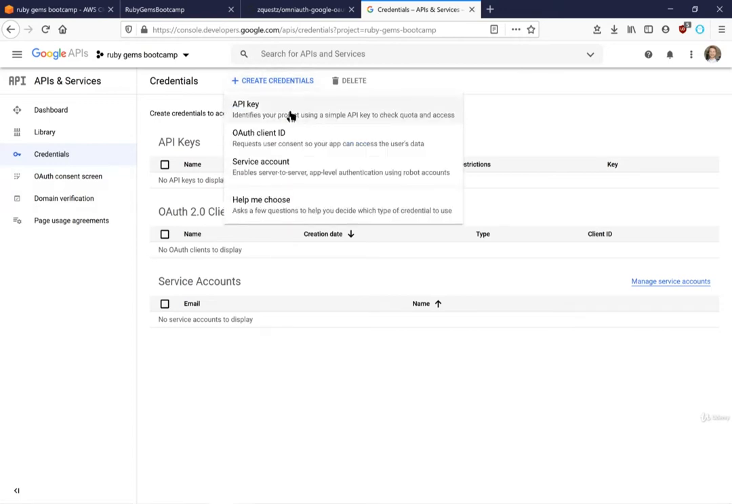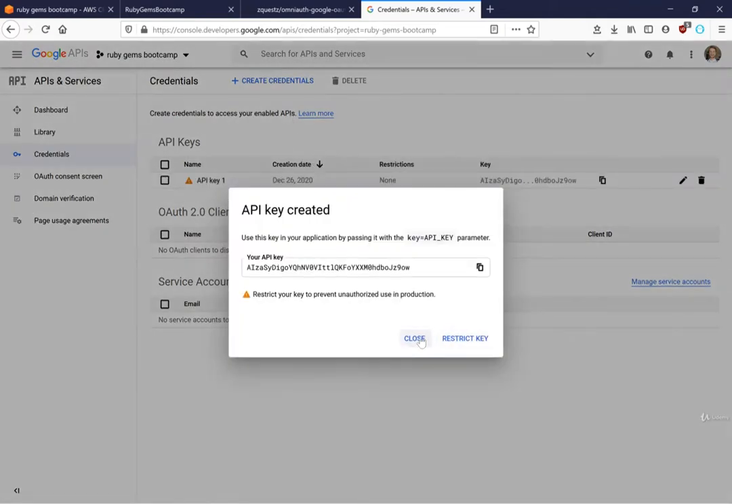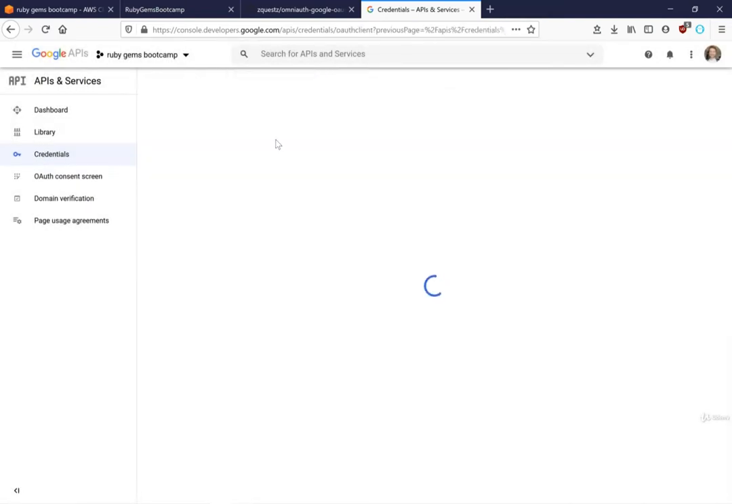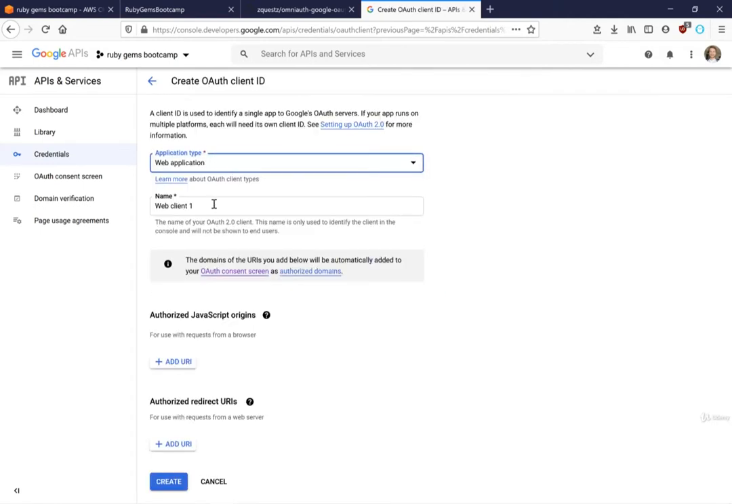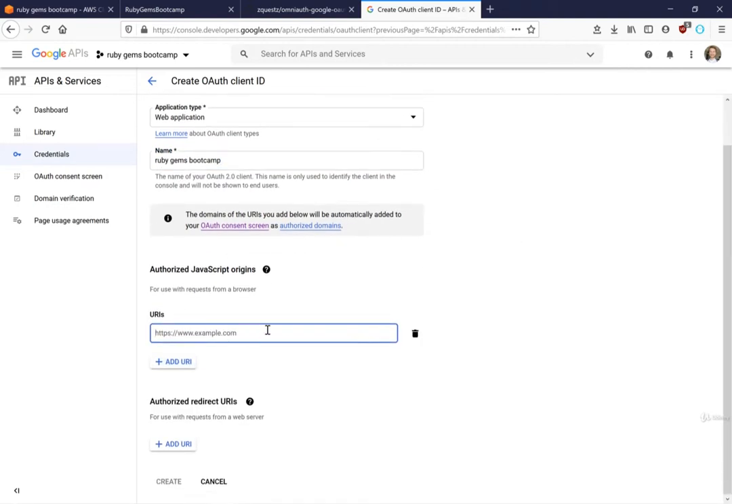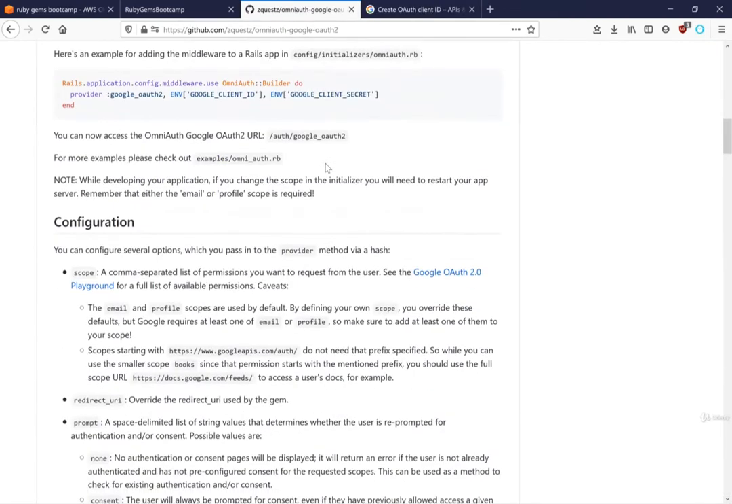It's going to be an API key. No, actually, not an API key. I will delete this one. It's going to be OAuth client ID. Application type web application. Name, once again, Ruby Gems Bootcamp. And here we need to have our authorized URLs. So here's going to be the URL of our application, and authorized redirect URL is going to be, let's see,